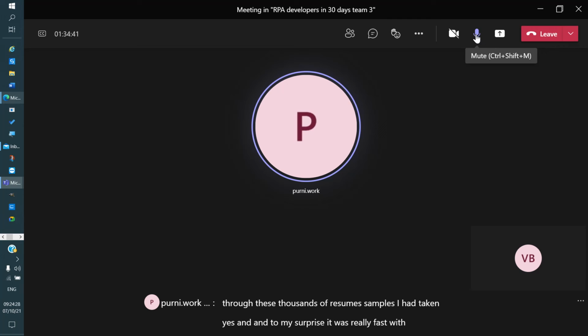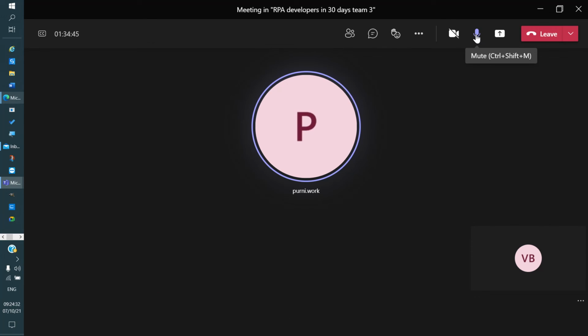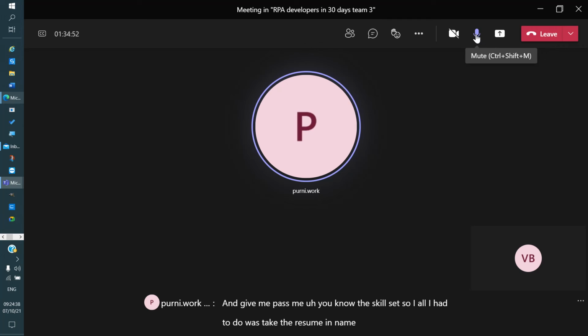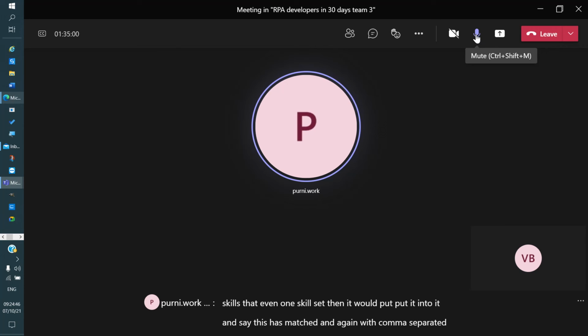Yes, and to my surprise, it was really fast. Within a minute or two, it was able to extract and pass me the skill sets. All I had to do was take the resume name, and if it matched even one skill set, it would put it in and say this has matched, again with comma separated values. I was also able to extract the email address and phone number using regex and string manipulation techniques.